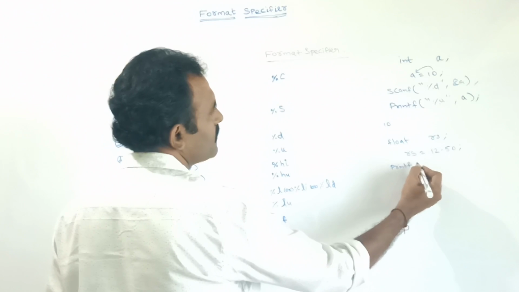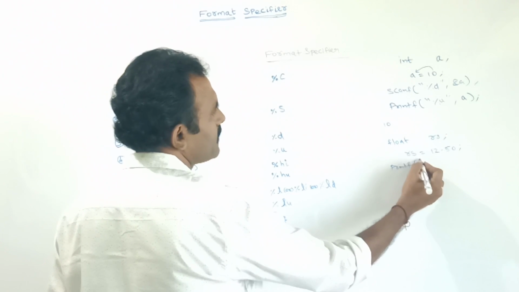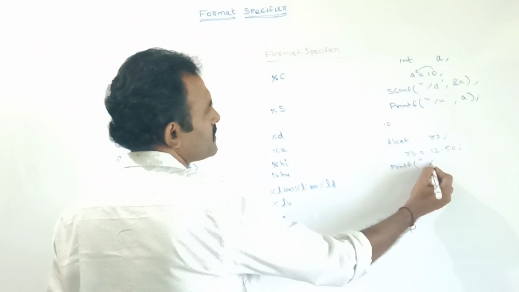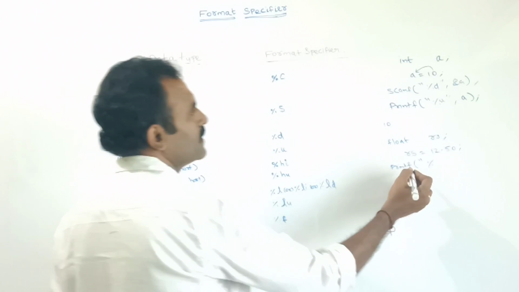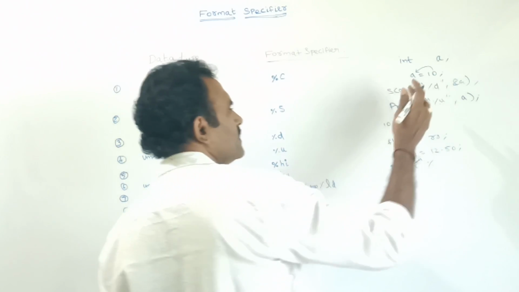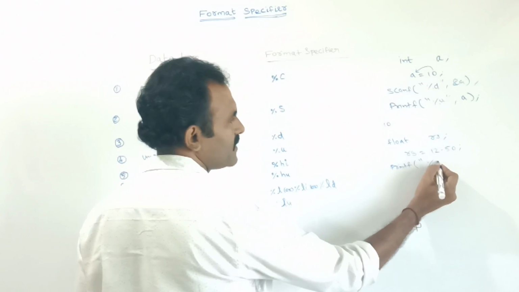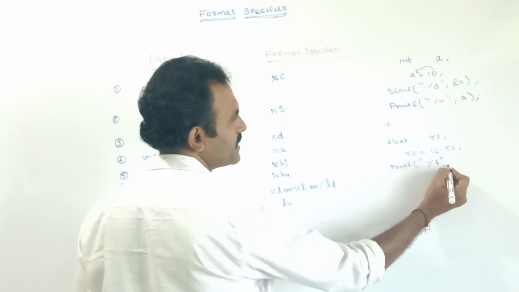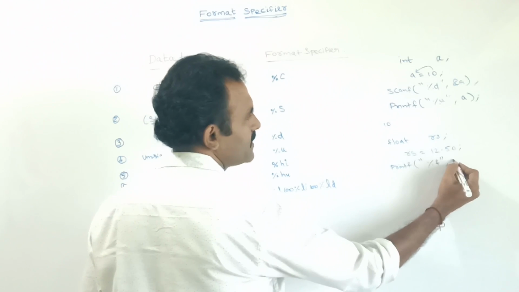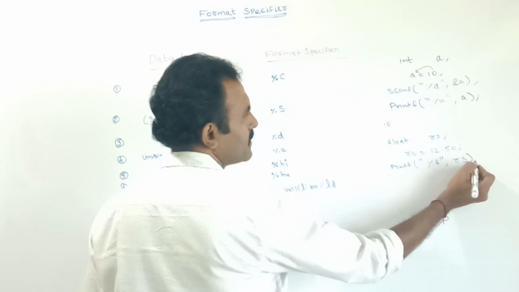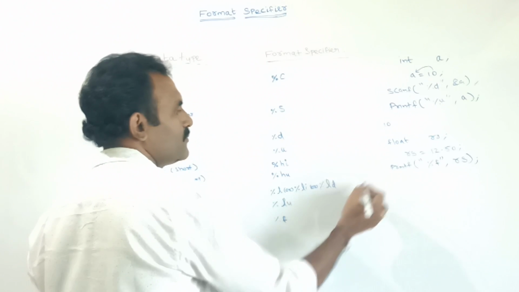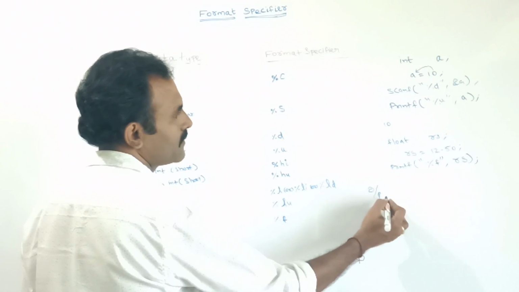In printf, for integer we use percentage %d, for float we use percentage %f, and next the variable name Rs. Here the output will be like this,